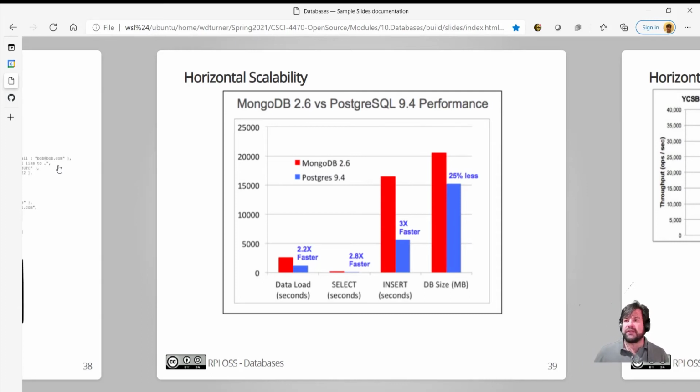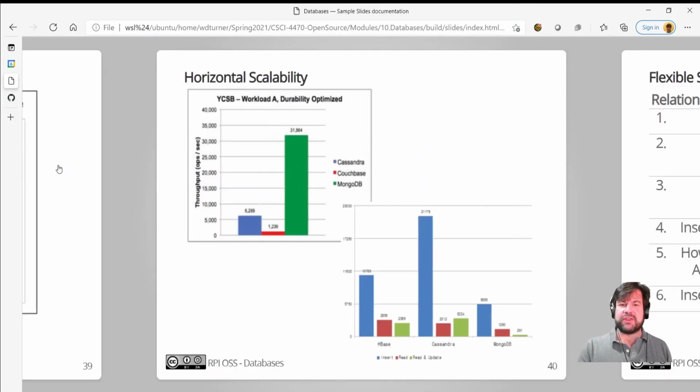Because you're not doing an expensive join, particularly a join that has to go across distributed nodes. You can be looking at your data while you're fetching the next bulk of data. But again, there are some drawbacks with regard to redundancy and making sure that you always have the